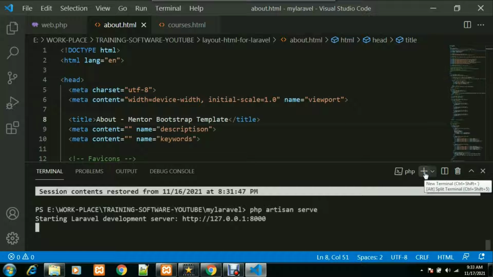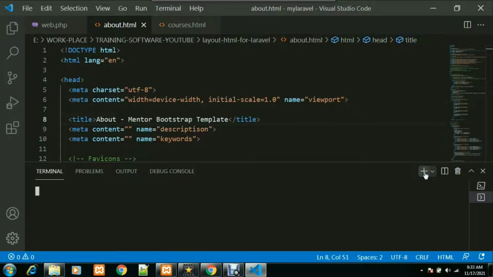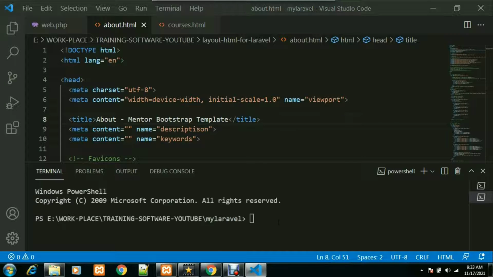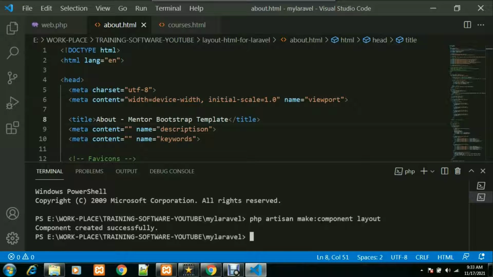a layout.blade.php file. If you go to the command prompt here, I'm writing the artisan command. The artisan command is php artisan make:component, and for the name of the component I'm writing layout. What it will do is create a components folder inside the view folder and create the blade file layout.blade.php